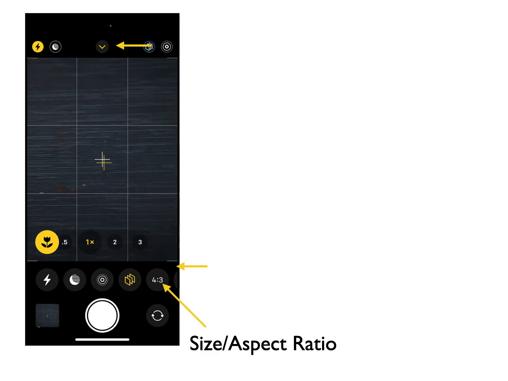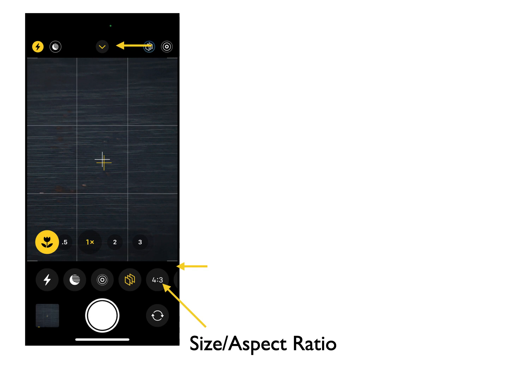Now, look up at the top where the yellow arrow is pointing. Notice I have tapped on what was an upward facing arrow. Now it's downward facing. Well, that gives me more options. So right across the bottom, you see that it simply has the same icons with the thunderbolt for the